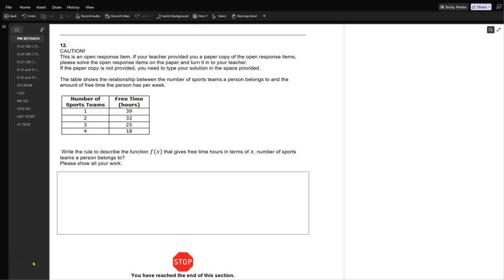Okay, so here they want us to write a rule to describe the function. Okay, specifically for this context. Alright. So once again, we're exploiting our knowledge of the slope-intercept formula. More specifically here would be f of x. Okay. So again, there's different approaches to this, but I want to streamline it so that it's less confusing, especially if you're struggling. So we can call this